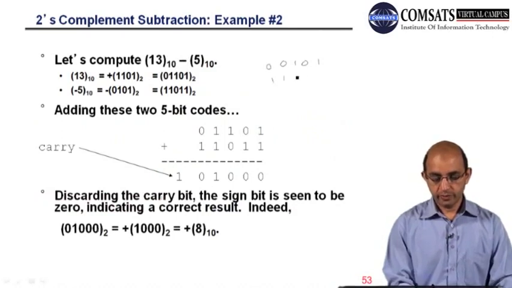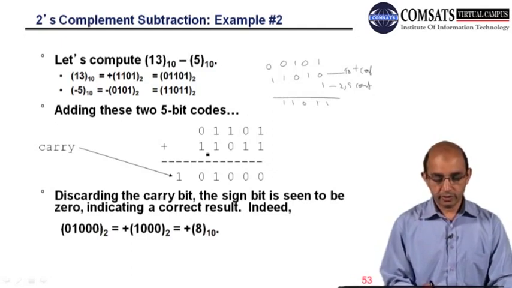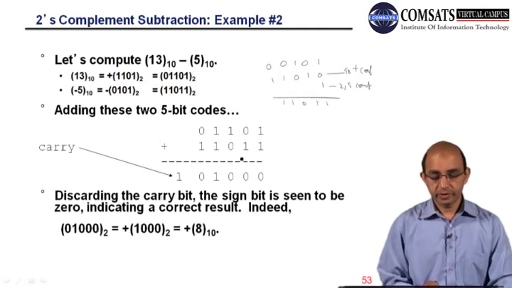So 1 1 0 1 0, right? 1 1 1 0 1 1, right? So this is the 1's complement, and this is, after addition, the 2's complement, right? So this is now the 2's complement representation of the signed number, and we will be performing the